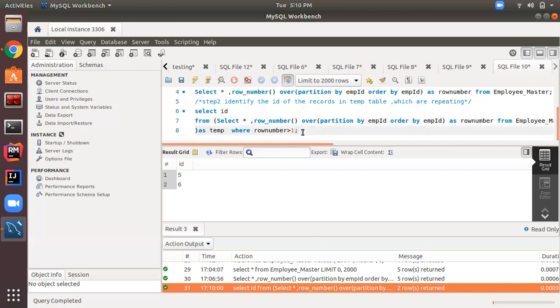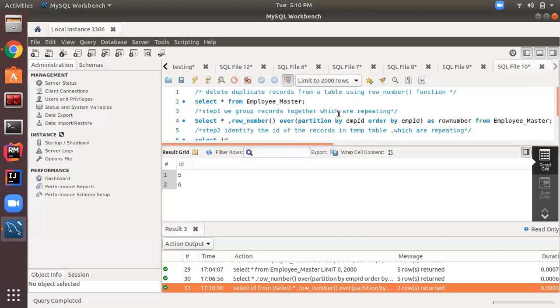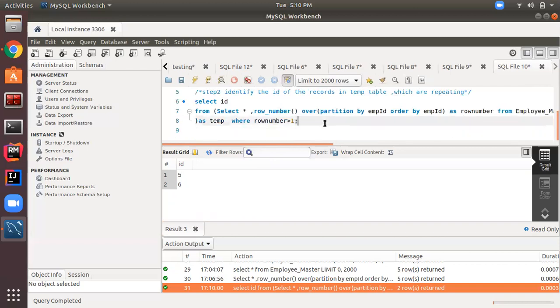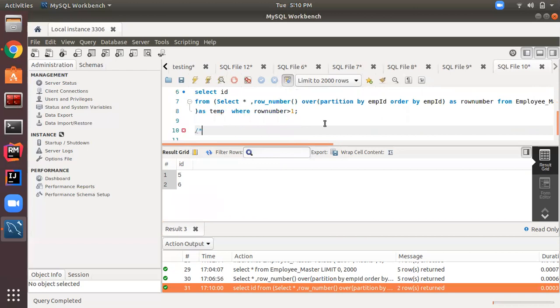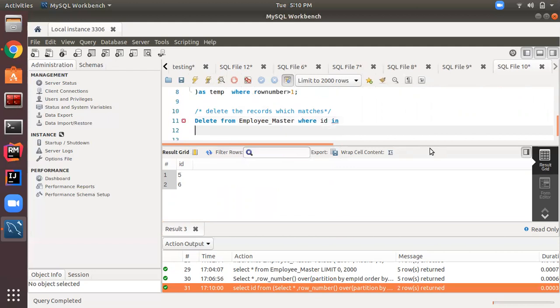Now the third step is to delete the records from the table which match these IDs. So I will introduce another query: delete from employee master where ID in, these two, 5 and 6.